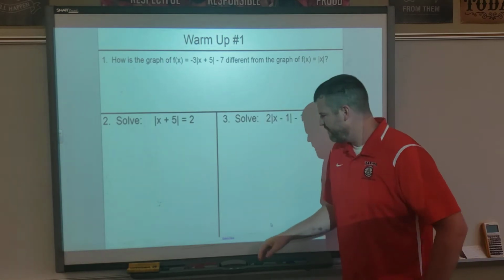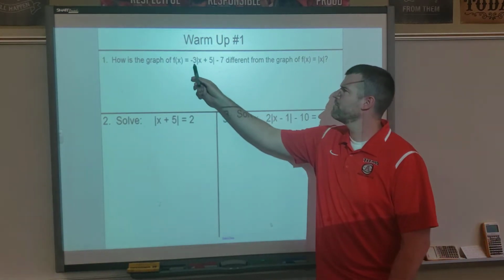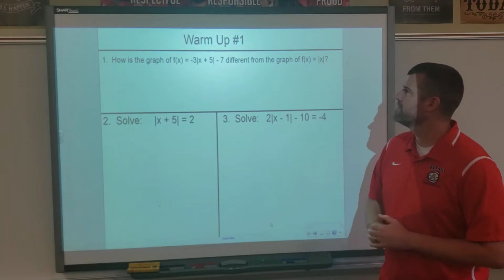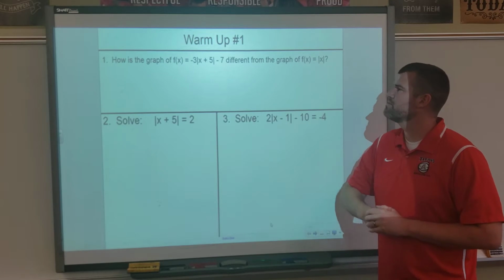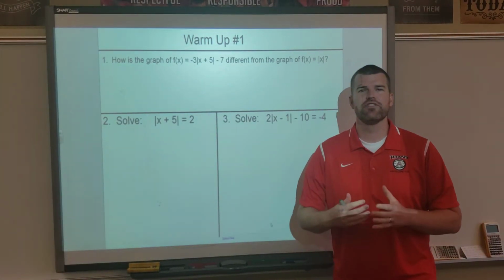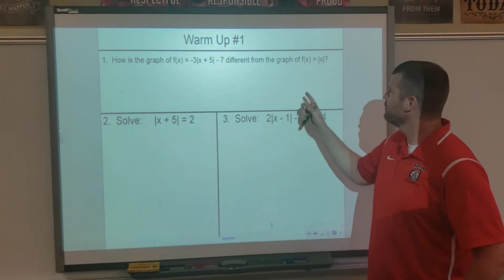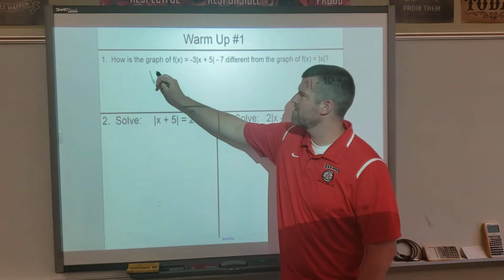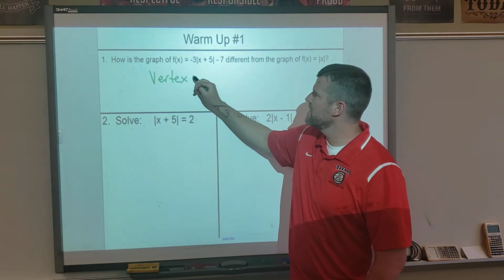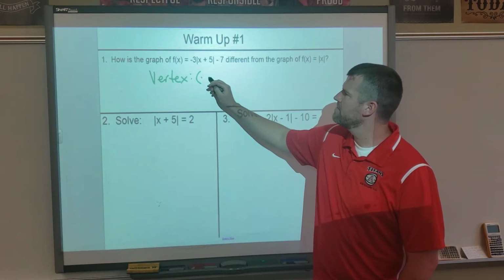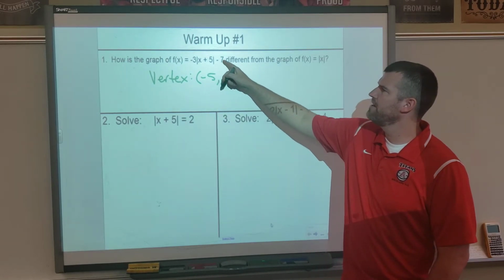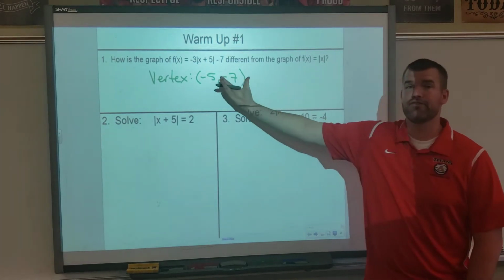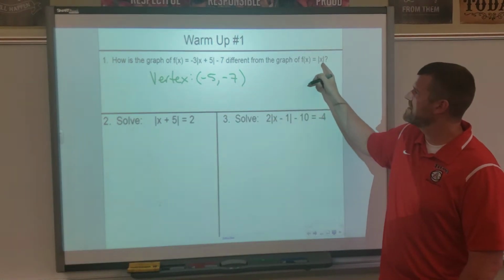All right. How is the graph of f of x equals negative 3 times the absolute value of x plus 5 minus 7 different from the parent function f of x equals the absolute value of x? So a little review on graphing here. We know that the vertex of the parent function will be 0, 0, but what's the vertex of this graph? Well, the vertex will be the opposite of 5, so negative 5, and then the number at the end, which means compared to this graph, it'll have a different vertex, but it also means that it's this same graph, but